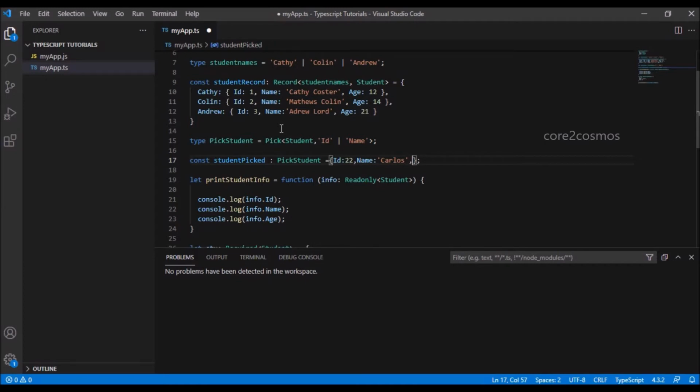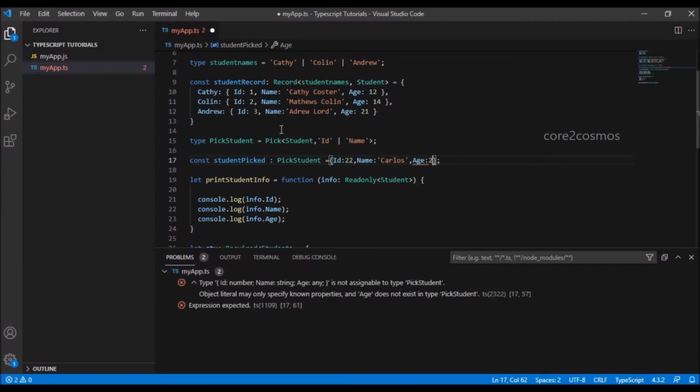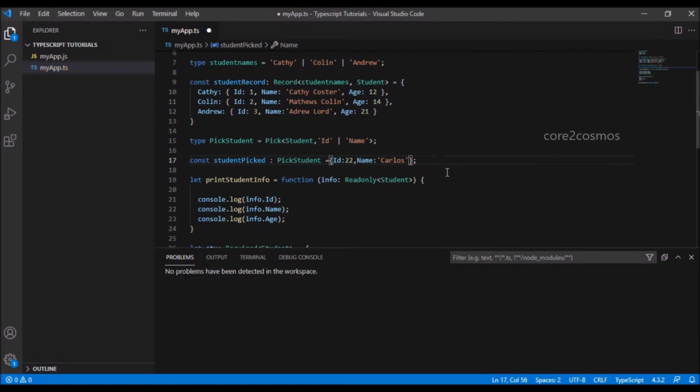If I try to give age as a property, then I see a compile error saying the property age does not exist in the type pick student, because we did not pick the property age.